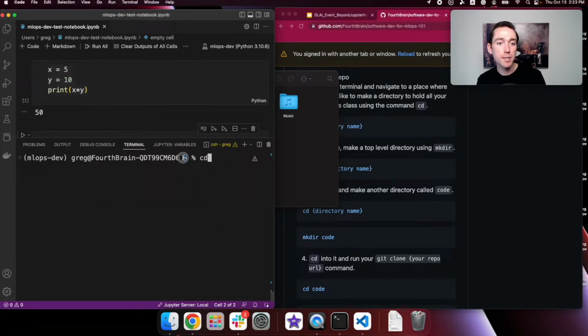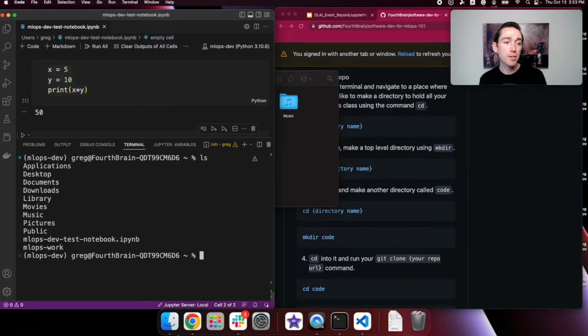So that's what is indicated here with the tilde, is home. So if you look at what's in the home folder, you can actually see that MLOps work that we just created is there. What we want to do next is change directory into MLOps work,